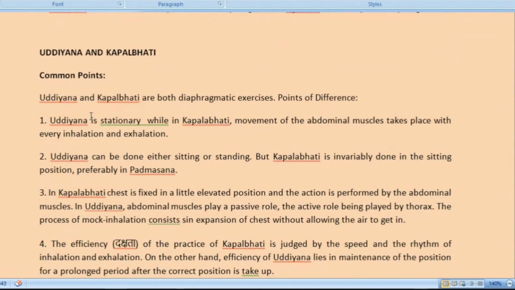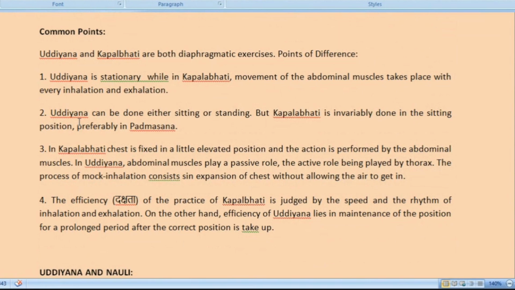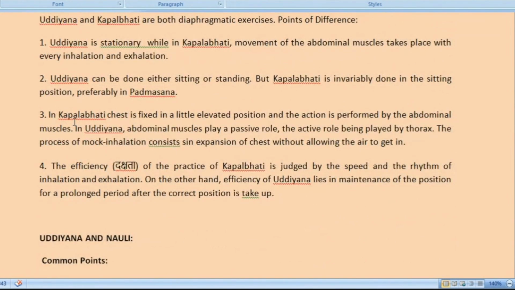Now, the differences and common points between Uddiyana and Kapalbhati. Let's focus on the points of difference. Uddiyana is stationary, while in Kapalbhati, movement of abdominal muscles takes place with every inhalation and exhalation. Second point, Uddiyana can be done either in sitting or standing, but Kapalbhati is invariably done in the sitting position,